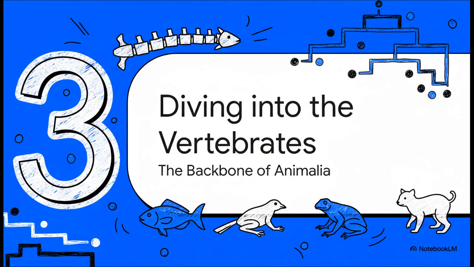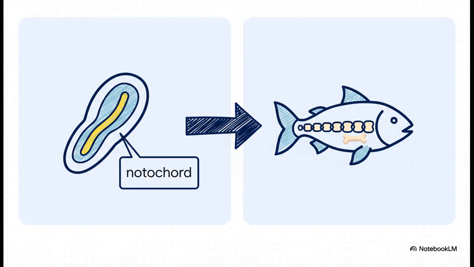Okay, moving on. Within another big phylum, Chordata, there's a smaller group that we're all pretty familiar with, the vertebrates. And yep, that's us. These are the animals with a backbone. So what exactly makes a vertebrate a vertebrate? This is the key. All chordates at some point in their lives have something called a notochord. Think of it like a flexible support rod. But in us vertebrates, as we develop, that rod gets replaced by a series of bones, the vertebrae, that lock together to form the backbone. That's the defining feature.